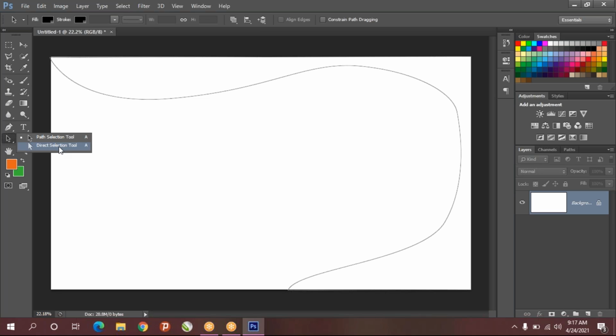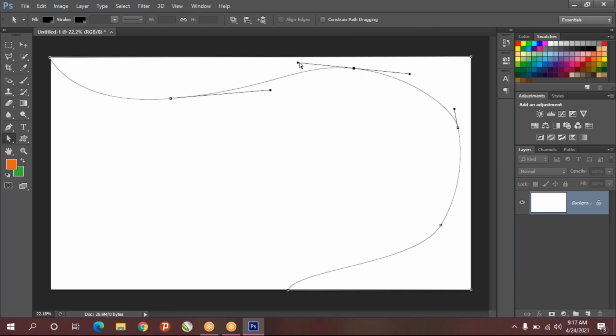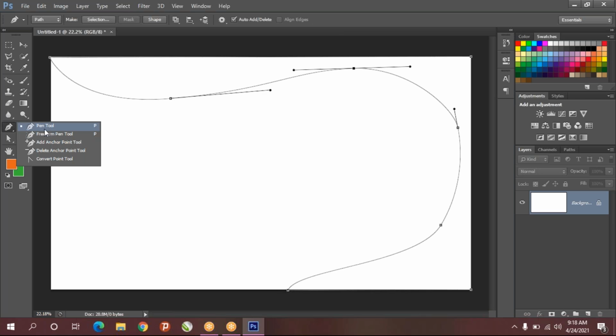Then take the direct selection tool, click on the points and adjust the points. Suppose if you want to add some points or to remove the points, we have in the pen tool only, the add anchor point tool or delete anchor point tool.